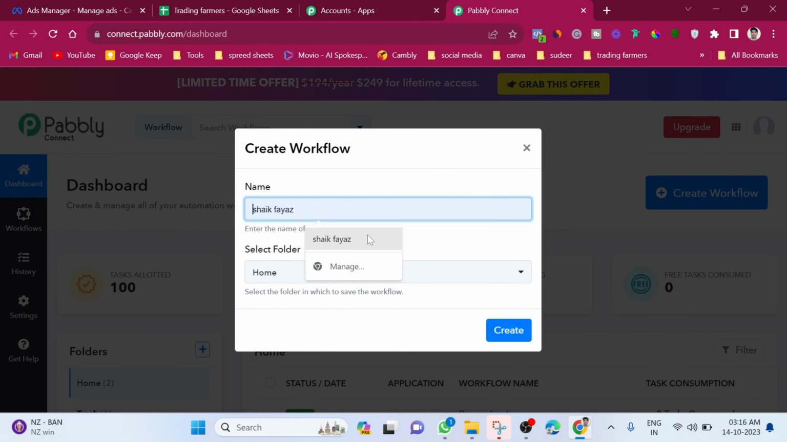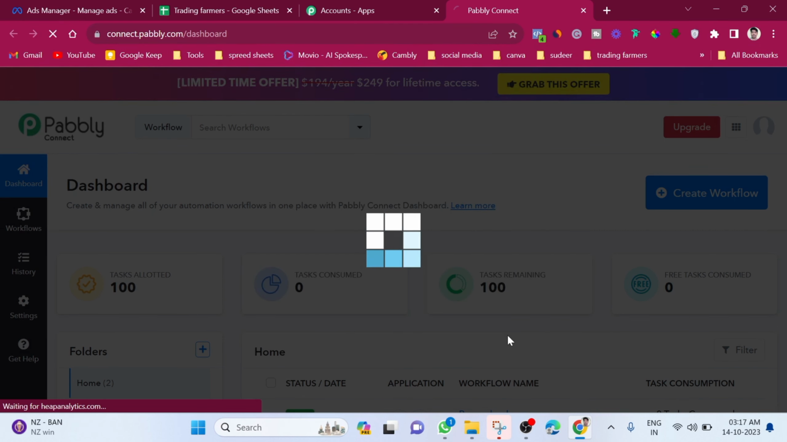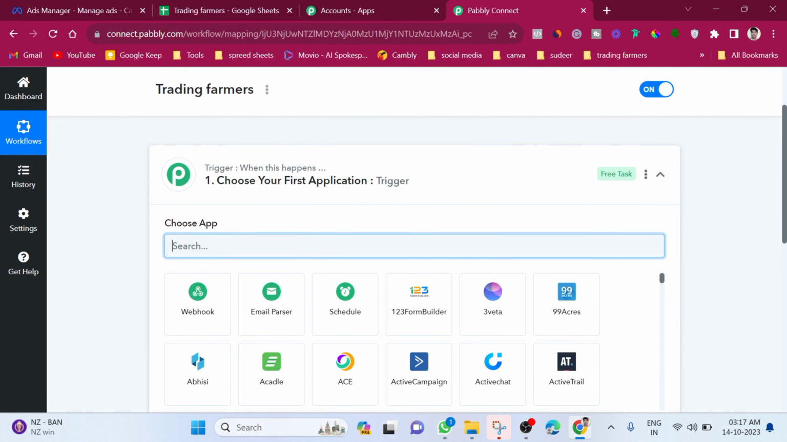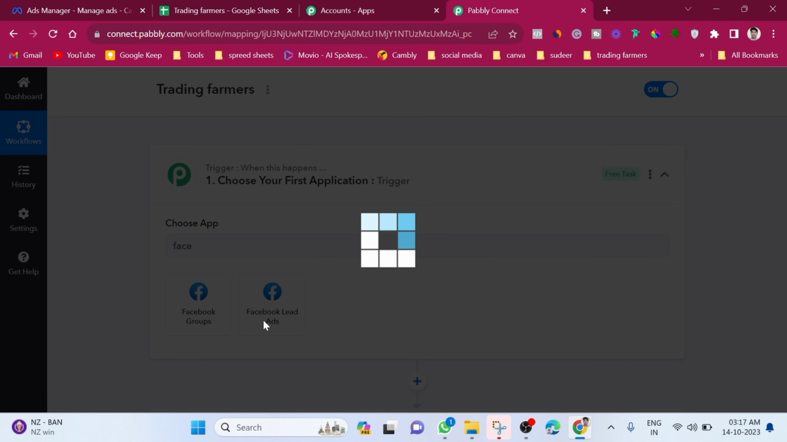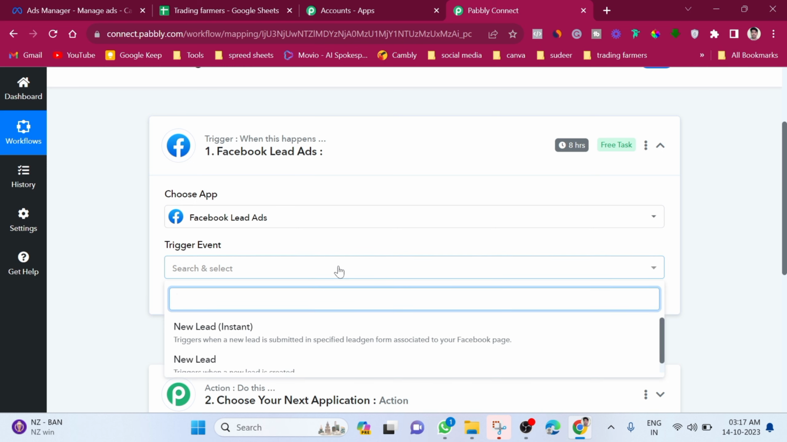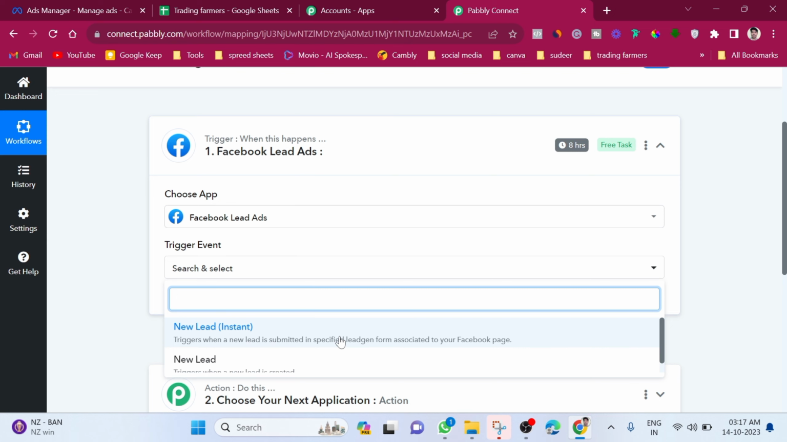create workflow. You just have to give your name. I'm giving my client's Facebook page name, Trading Farmers, and you just have to select your folder and click create. Here we are adding our Facebook ad leads, right? So I'm just searching Facebook Lead Ads. So select that Facebook Lead Ads, and we have to give a trigger event as well. So click that one. For new lead instant alerts, we want, when somebody fills out our form, instant alerts, right? So that's why I'm choosing this,